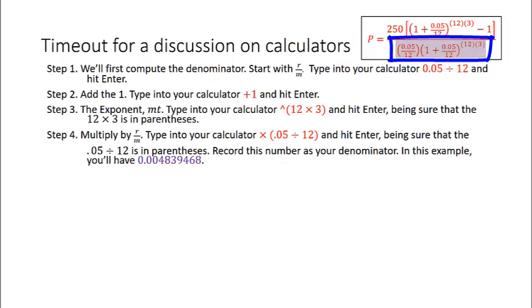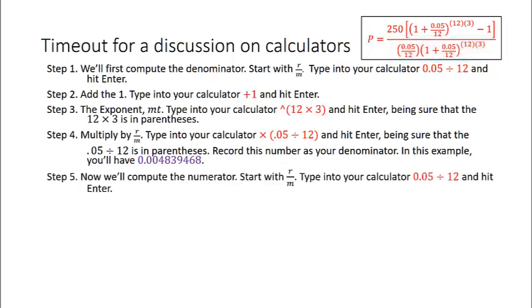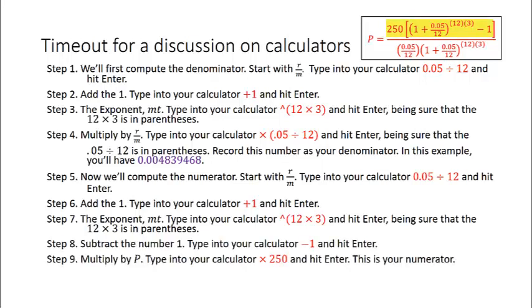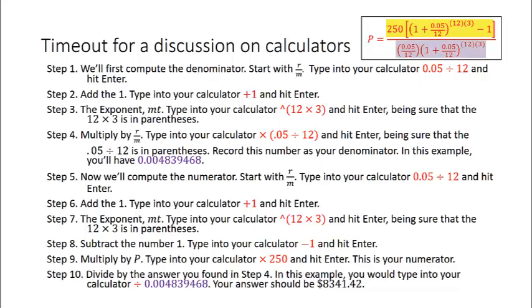In this example, you'd have 0.004839468. Now we'll compute the numerator. Start with R over M. Add the 1. The exponent. Subtract the number 1. Multiply by P. This is your numerator. Finally, divide by the answer you found in step 4. In this example, you would divide by the 0.004839468, and your answer should be